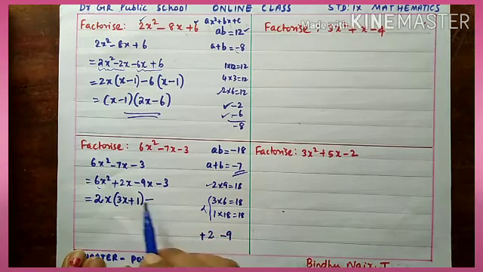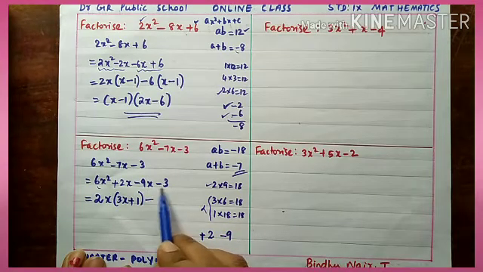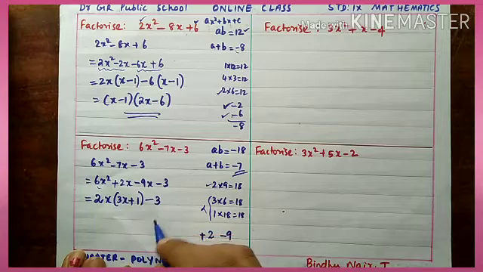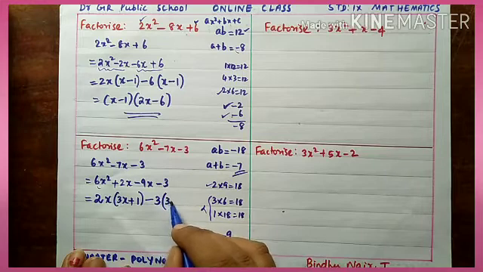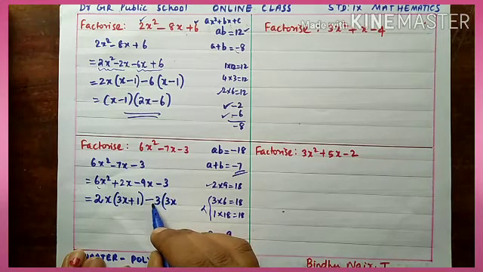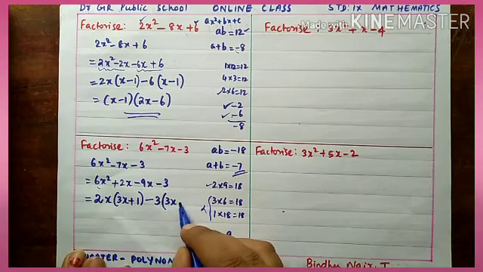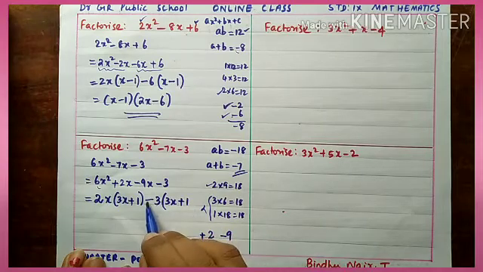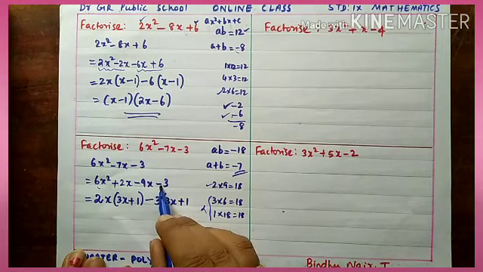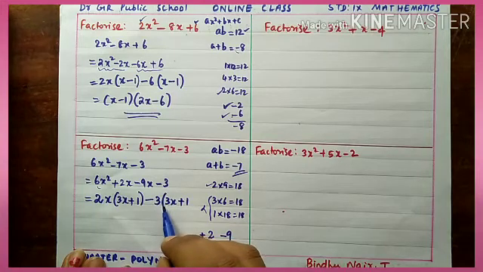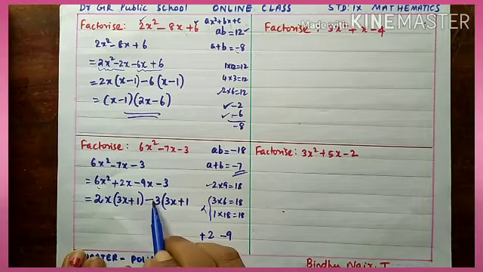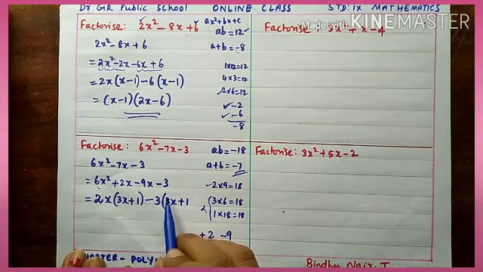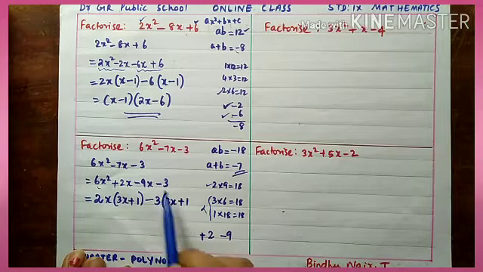Now the next side, minus 9x and minus 3. From 9 and 3 we can take 3 outside. So what is the remaining here? 3 threes are 9, so 3x, and here minus 3 is taken out, so here we want to put, plus 1 or minus 1? Plus 1, because minus into plus is minus 3. Okay, so you want to look carefully and put the sign. When we open this bracket, we want to get the previous value. Don't change that. So minus 3 into plus 1 is minus 3.